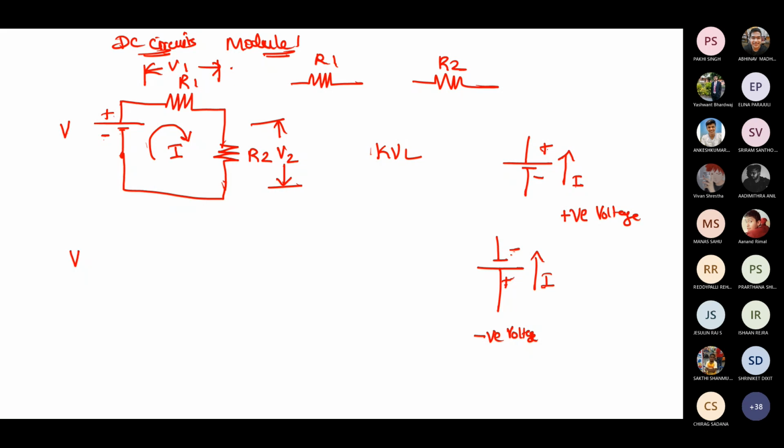Plus and minus indications and all? No, ma'am, but we'll assume it as the direction of current. Yeah, rightly what I was saying, ma. Both of you said right only. Actually, there will not be any potential like this, plus or minus there, but we assume it so that we will get the right answers there.